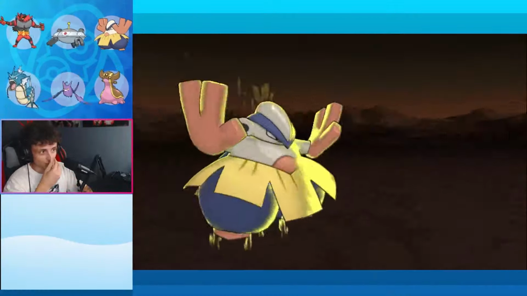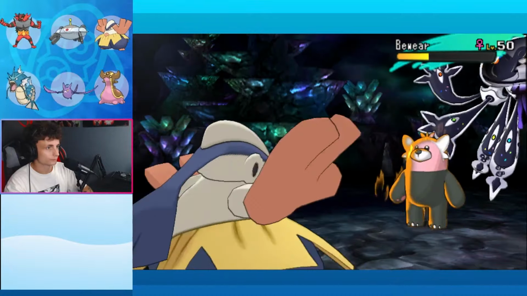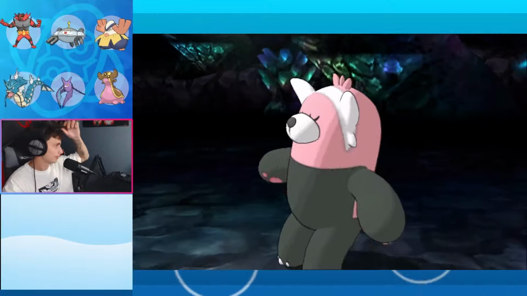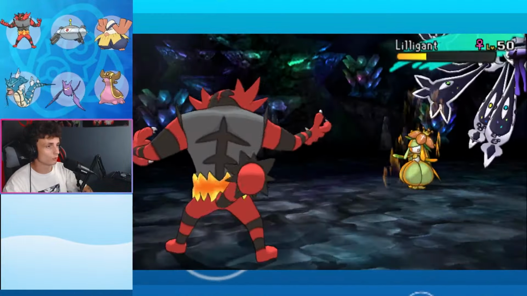We send in Hariyama and chop that bear's HP down, just enough to use All-Out Pummeling. Bewear uses Pain Split and recovers a ton of HP for itself. This bear is getting on my nerves now. We switch into Incineroar and use Flare Blitz, burning that bear into a crisp. Our final Pokemon Lilligant doesn't stand a chance against our big boy and also gets burned to a crisp, defeating